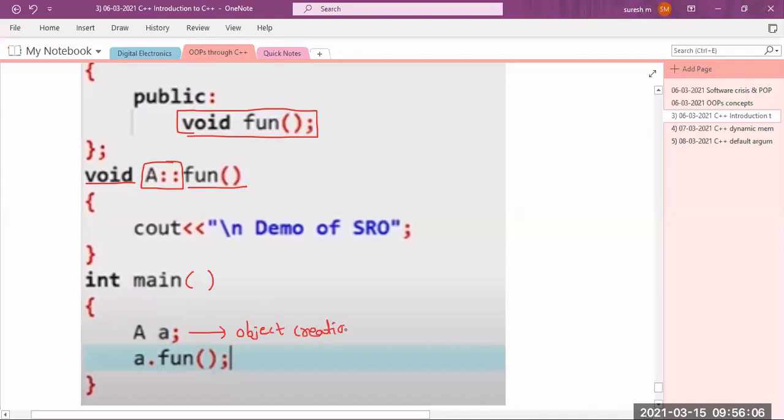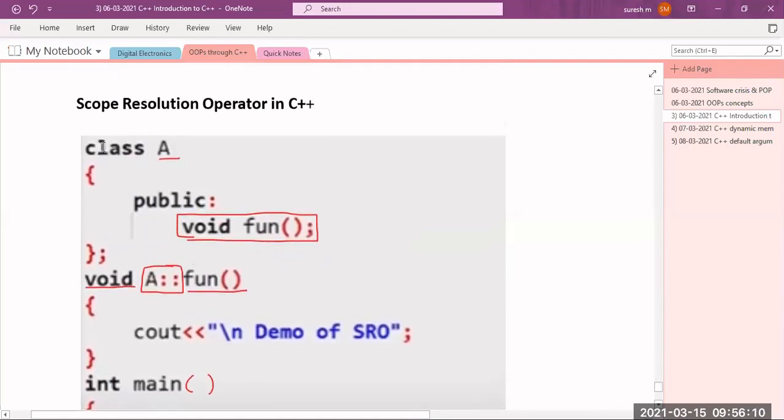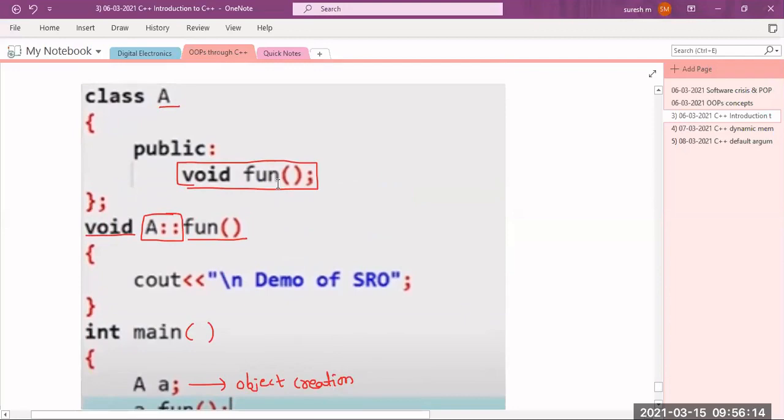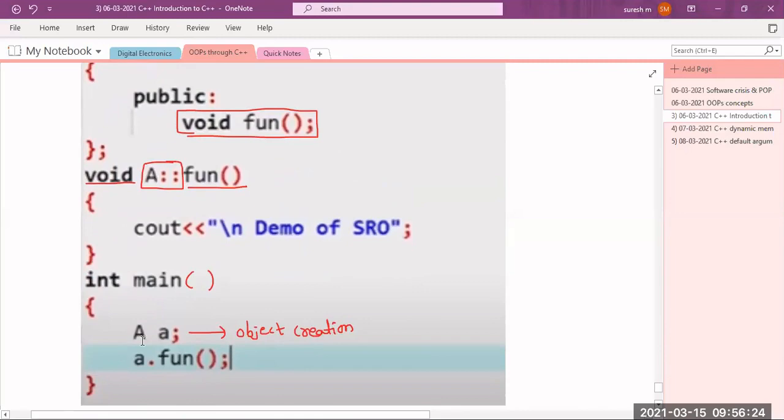Whenever you are writing object oriented programming, you have to declare the class, and if you want to define the member function, you can define it inside the class or outside the class. Whenever you want to define it outside the class, you have to use the scope resolution operator. And whenever you are writing the main function, the first statement within main should always be the creation of an object. Object creation untundi.